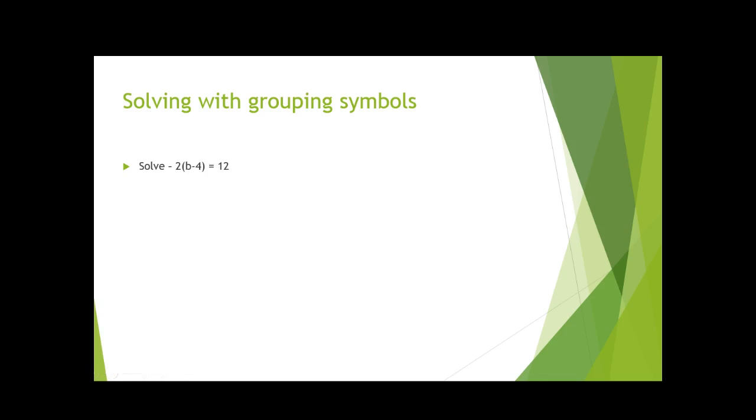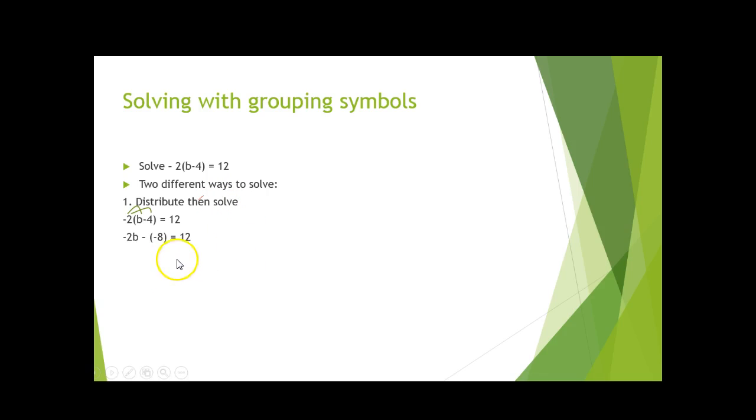We're also going to be working with grouping symbols. A lot of the time when we're working with systems of equations, we're going to be plugging things in and there's going to be parentheses. So with parentheses you have to distribute. So this is negative 2 times the quantity b minus 4 equals 12. So we're going to distribute that negative 2